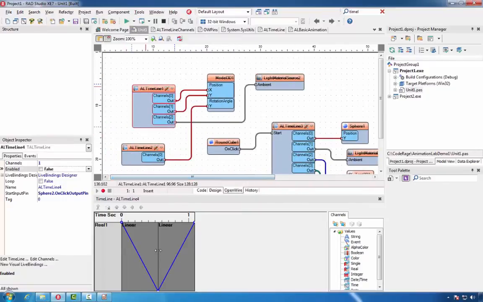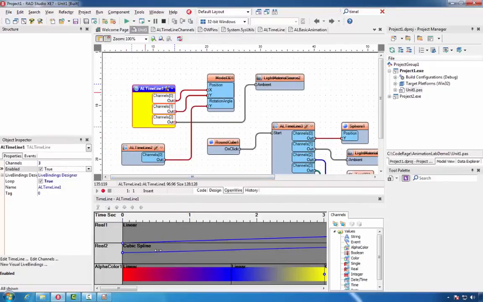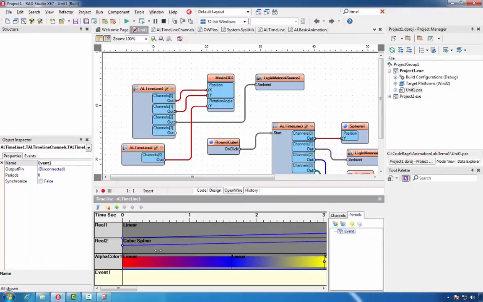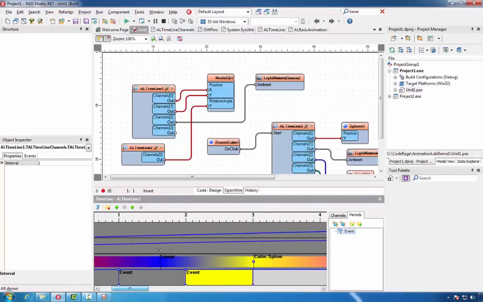Next, we'll select timeline 1 and we'll add event channel. We'll add 3 events and we'll put them each to happen at different time.